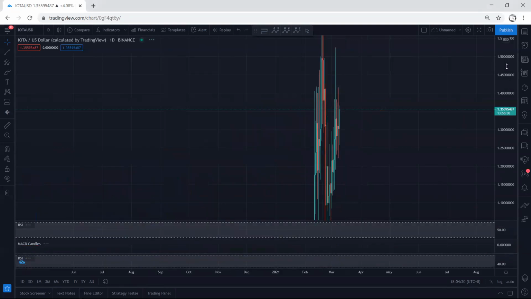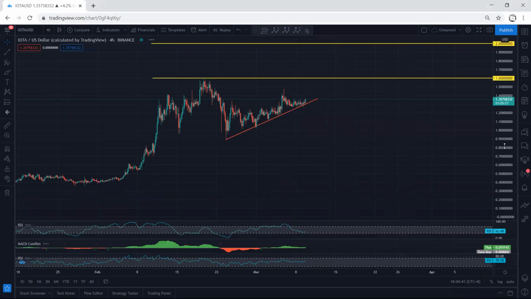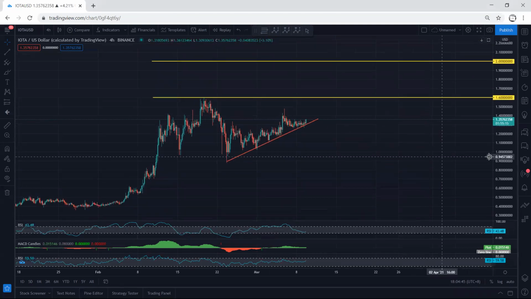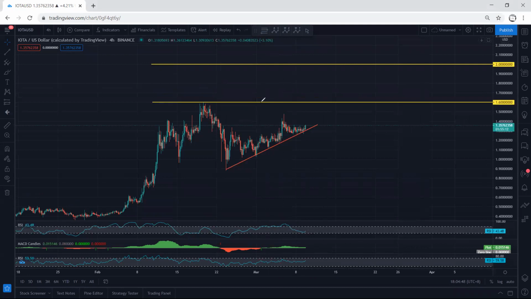First of all, we look at the higher time frame. We start with the daily chart. We see the price is moving up based on the daily chart, but based on the daily chart, we don't have any trade setup. The way it's moving doesn't give us any trade setup. What we are looking for right now is based on the 4 hour chart, and what we have been